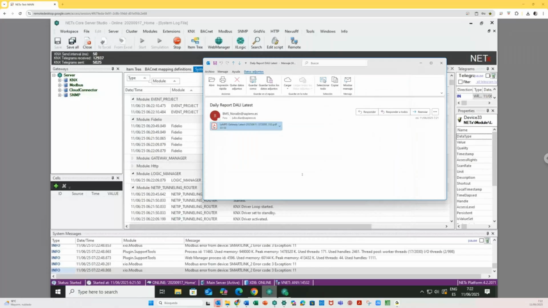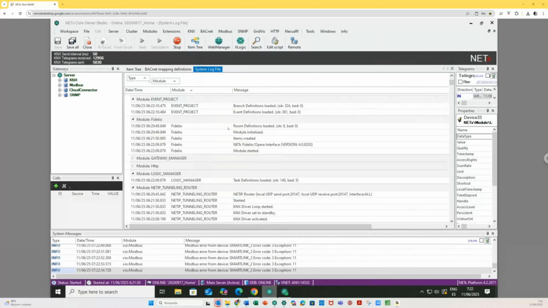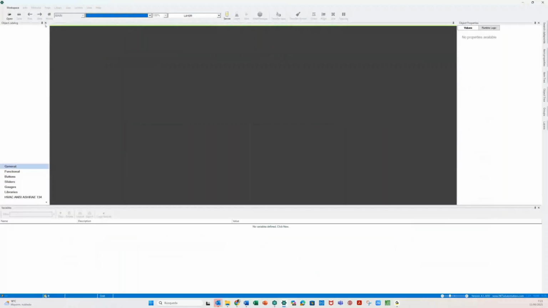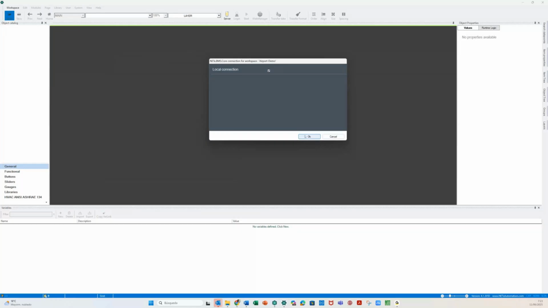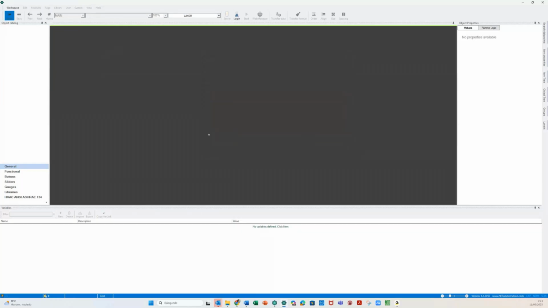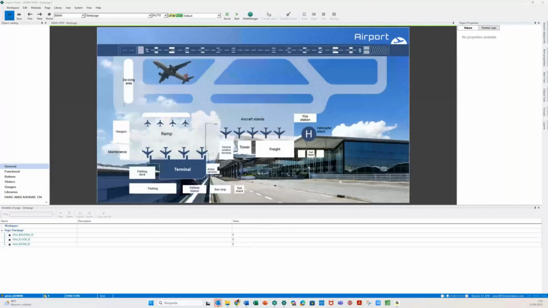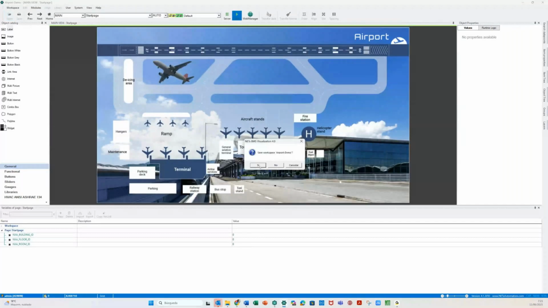And the last approach I promised to show you was the visualization part. So I am opening the visualization editor, and I'm going to open a specific project that is the airport demo. Airport demo is an example that we show in different exhibitions, just for you to understand. We connect locally to the server, admin, change me, and then we get this information. This is an example of what we can do. So if I show you this example in runtime,